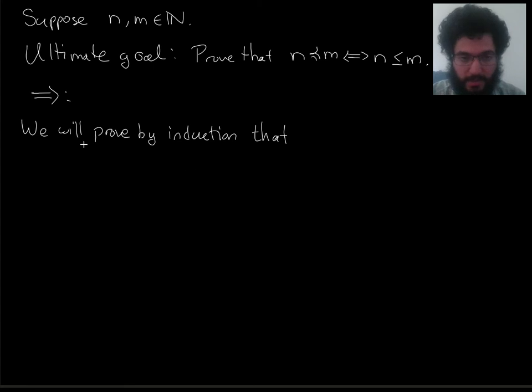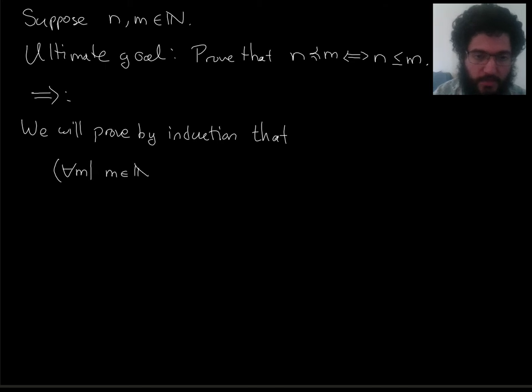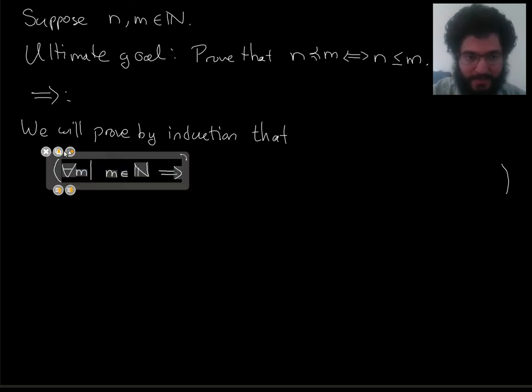So let's be clear about what it is we are going to prove by induction. In the statement of mathematical induction, there's this proposition, phi, that shows up. What will play the role of that proposition? Well, we have two choices of variables to do induction on, n or m, and I'm going to choose m to do induction on, this one. So what we're going to prove by induction is that for all m, if m is a natural number, then here's the statement about m that I'm going to prove by induction. And you might see that I'm leaving a ton of space here